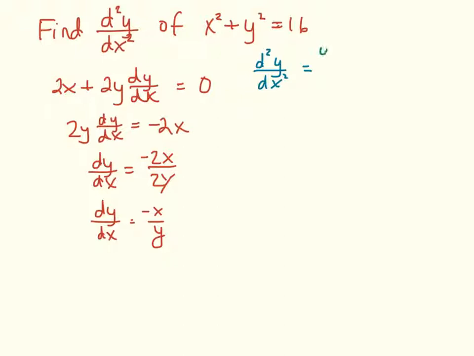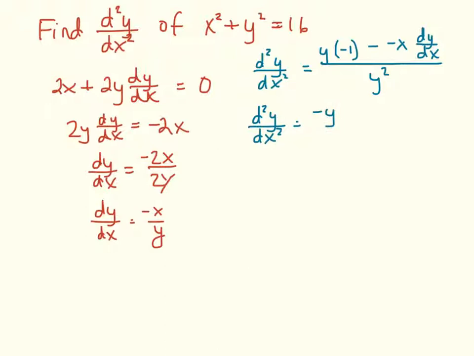So low d high, well, the derivative of negative x is just negative 1, minus high, negative x, d low would be your dy/dx, all over low squared, so y squared. All right, now let's clean up that numerator for a second. So d2y over dx squared equals negative y plus x dy/dx